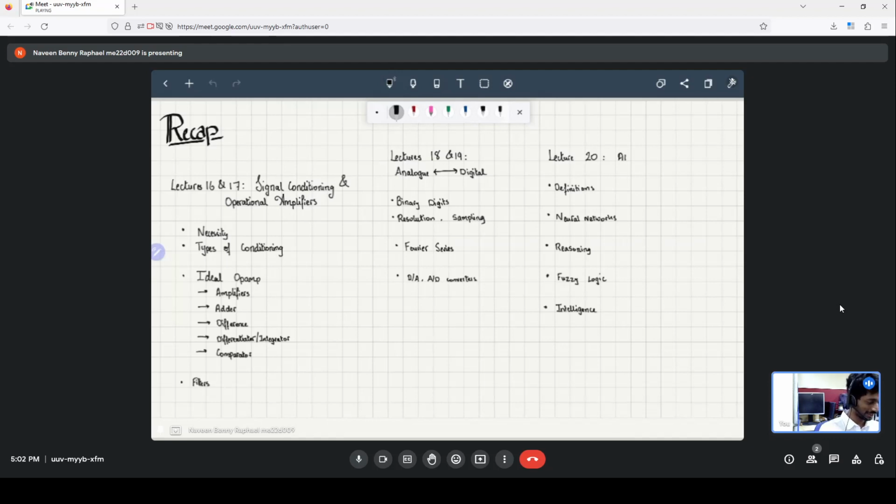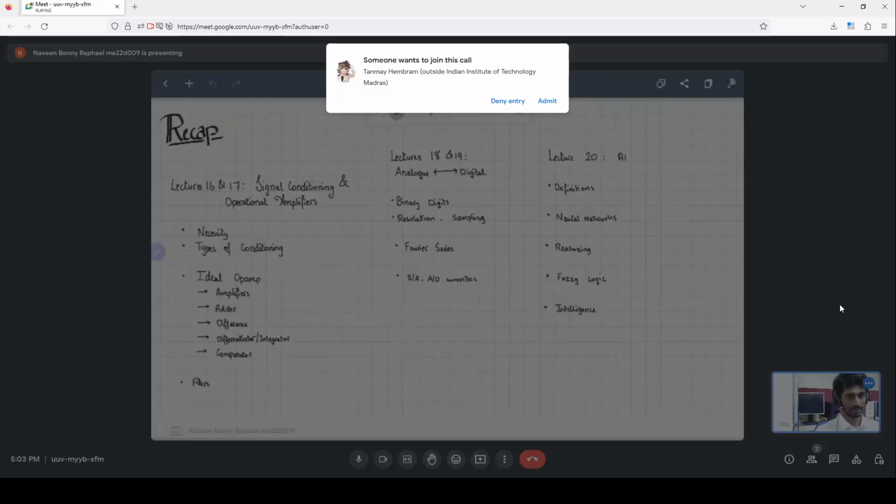Lectures 18 and 19 were essentially about how to convert between analog and digital signals. We first